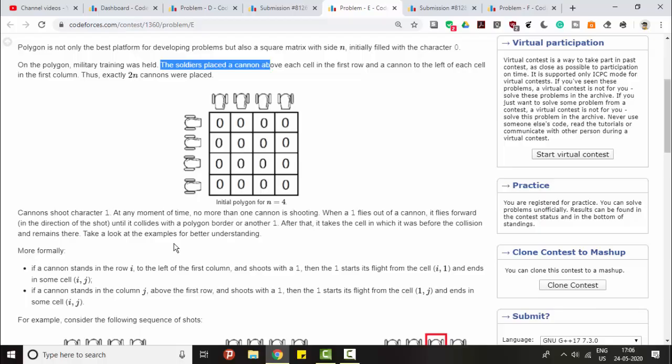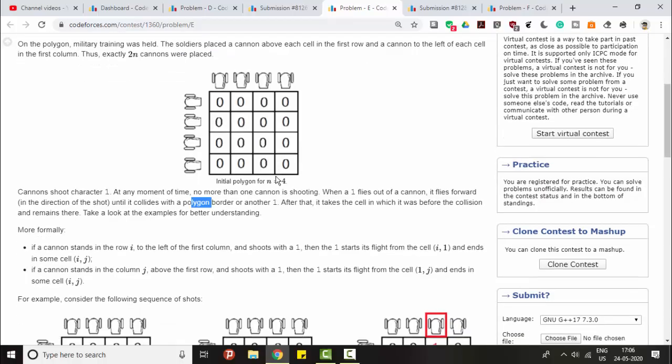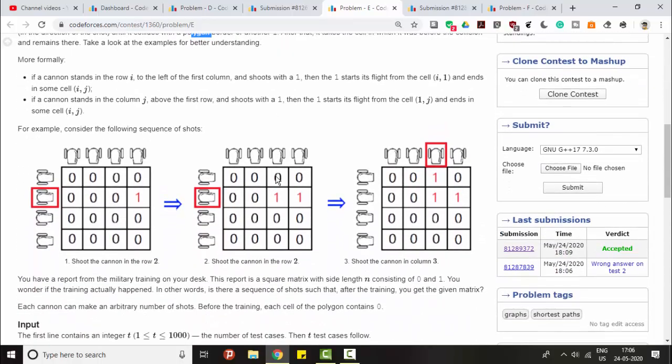And moving on, once the collision has happened, it will keep on firing to the last slot. Okay, so this cannon one shoots to the last one, so it comes here. But again, if cannon one shoots and it has occupied the last block, then it will come to the second last block.